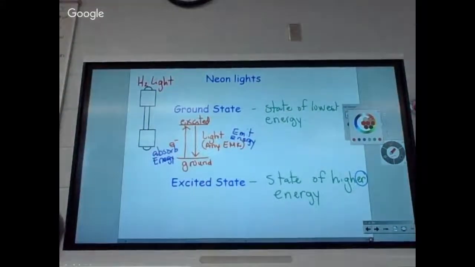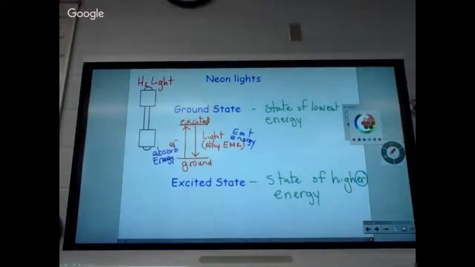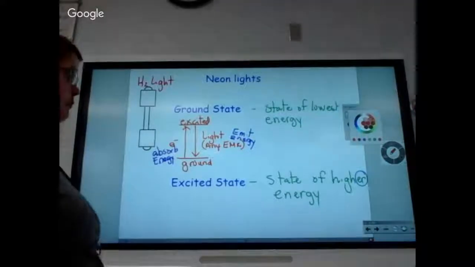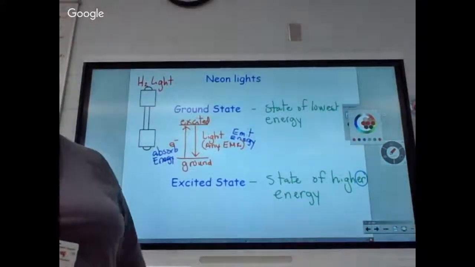Everybody got what they need off this slide? Because I'm going to change that in a minute and show you something else. What's that noise? It's the hum of the electricity flowing through that thing, which is one reason it gets so hot. All right, does everybody have what they need?